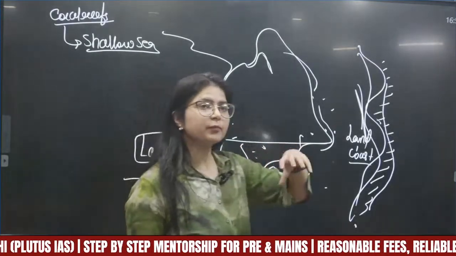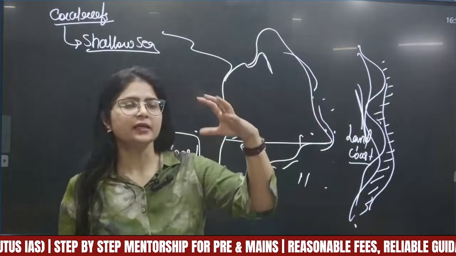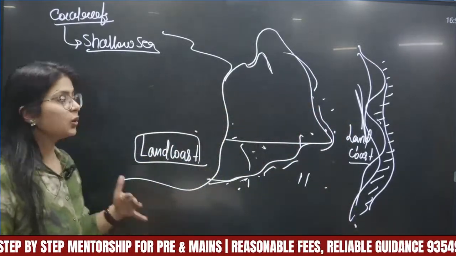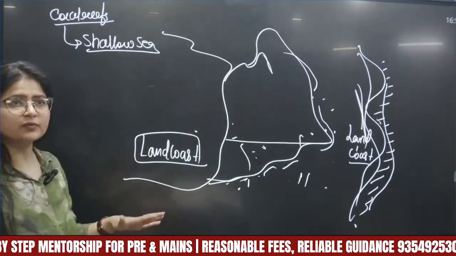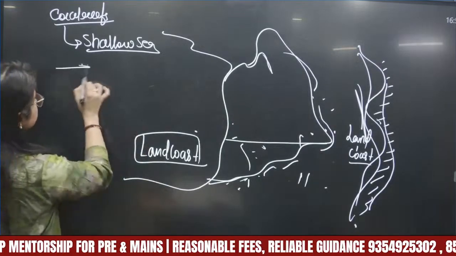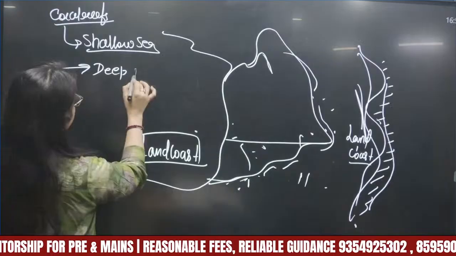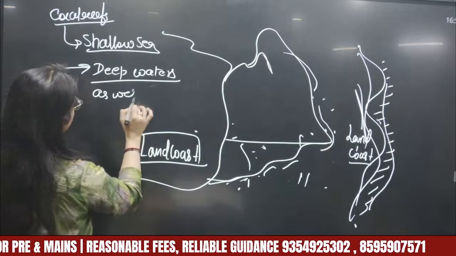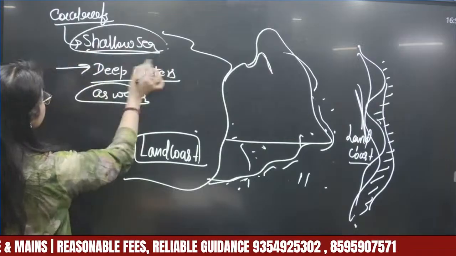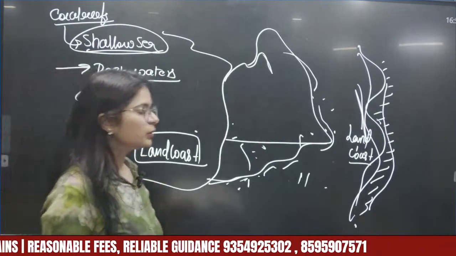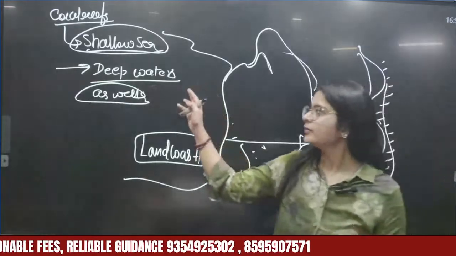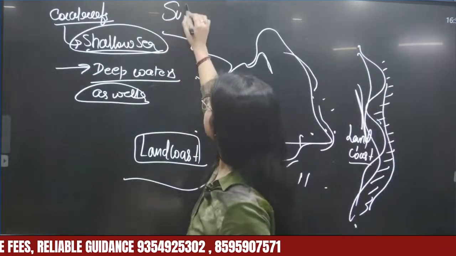पर डार्विन ने एक बहुत ही अलग चीज देखी, that he also found the coral reefs in the deep waters as well. उसका रीजन he also gave with his theory. What he said, that he found the coral reefs in the deep waters as well, apart from the shallow sea. Now he tried to say, try to catch my word, from the theory named subsidence, he was trying to say